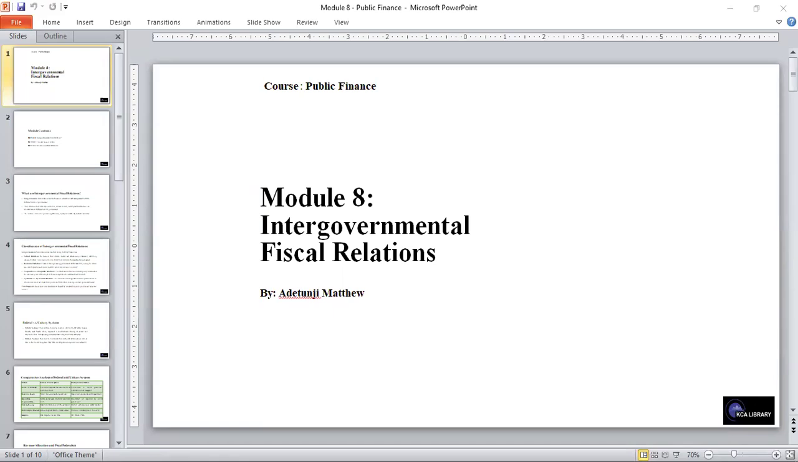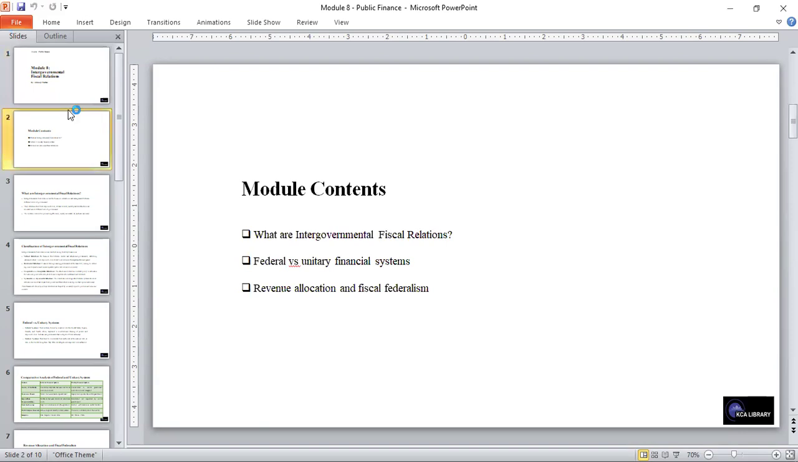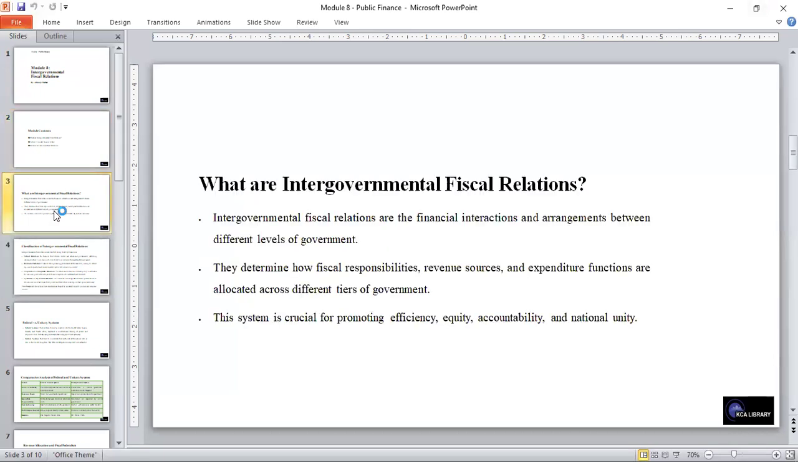We are at the eighth module and we'll be looking at intergovernmental fiscal relations. In this module, we will look into the definition, the meaning of intergovernmental fiscal relations. We'll look at federal versus unitary financial systems, and we will also look at revenue allocation and fiscal federalism. And by way of explanation, intergovernmental fiscal relations are the financial interactions and arrangements that exist between